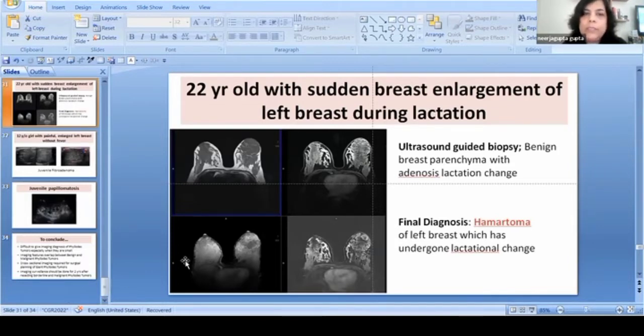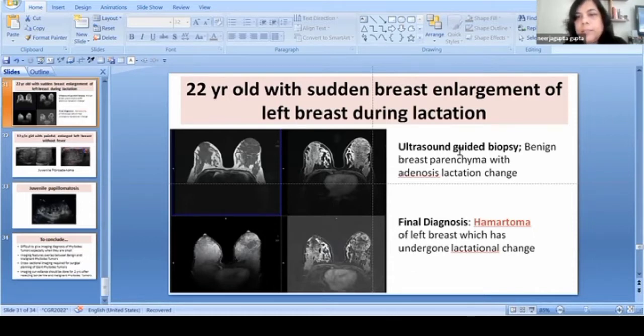This was a 22-year-old with sudden breast enlargement of the left breast during lactation. And you can see that the left breast is markedly enlarged, and there is a tumor inside which is actually looking a lot like the rest of the breast parenchyma. So we were very foxed by this, and we thought that it is either a lactational adenoma or a phyllodes